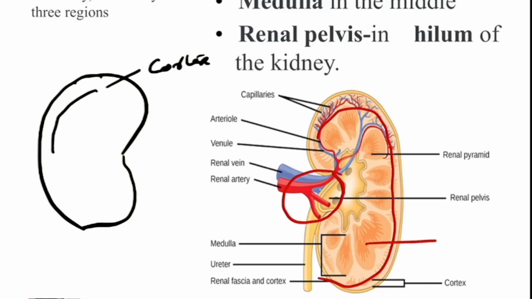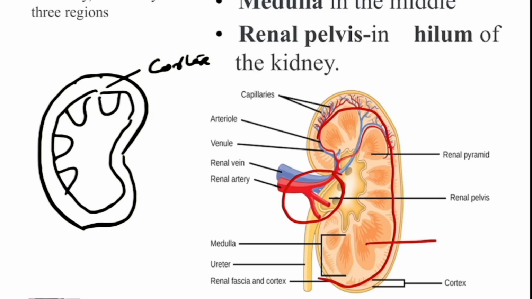So this part surrounding is the cortex of the kidney, and the inner side is called the medulla. The medulla contains triangular or pyramidal structures called the medullary pyramids. The pyramids open via